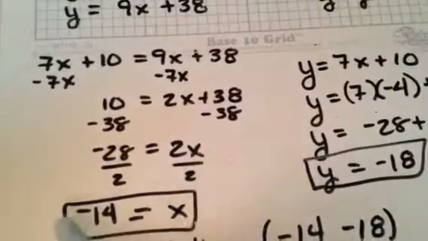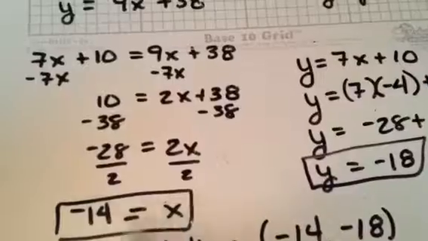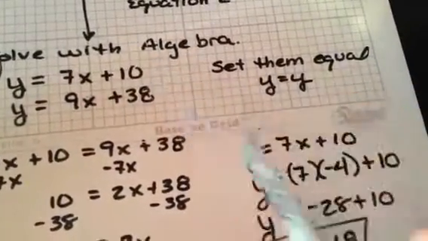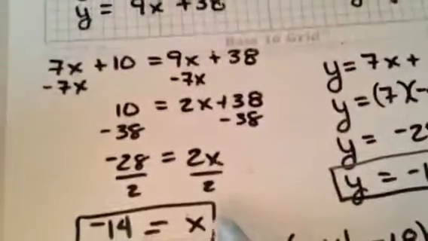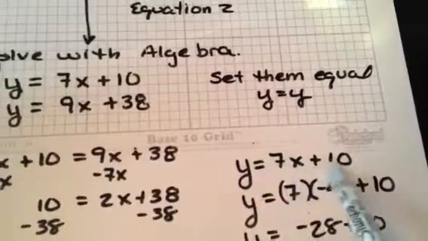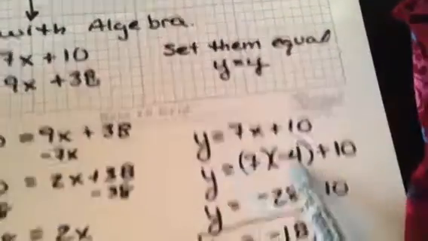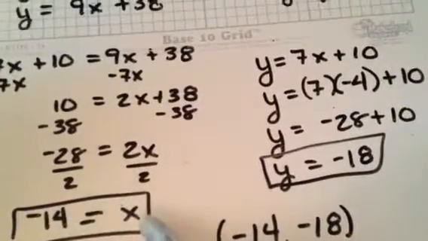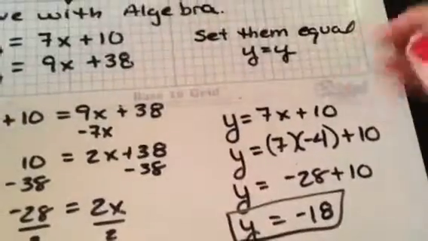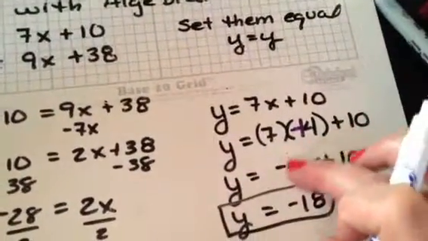Now this is only half of my solution. Okay, remember I need an x, y pair. So now I'm going to take this number, and it doesn't matter which equation I use. I've chosen the first one. So I'm going to take my first equation, y equals 7x plus 10. I just rewrote it here. And I'm going to put my solution for x in there, and I wrote it wrong. Oh dear. All right, so x is equal to negative 14, right? Okay,